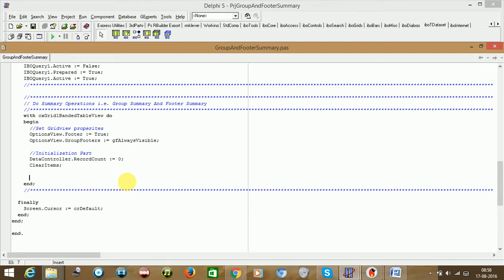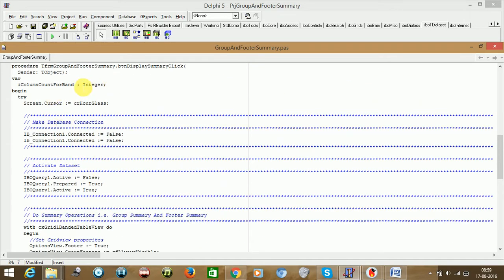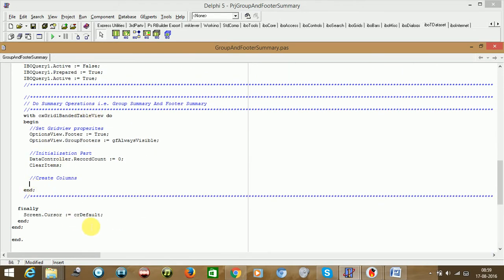Now what we need to do is create columns like this. For creating columns we need to have a loop. So what we could do here is give I count, it's an integer, I count is equal to 0 to, so how do we know how many columns we have?